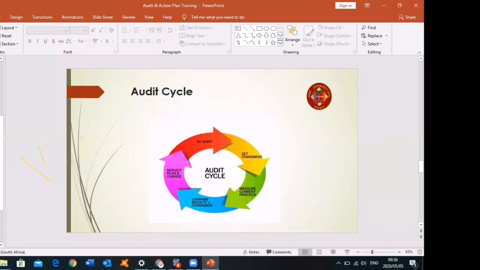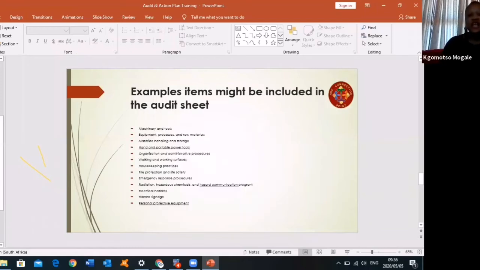In terms of the items, these are some of the examples of the items that might be included in the audit sheet. So the audit sheet can ask for machinery and tools, your equipment, like I said, material handling and storage, hand and portable power tools, organization and administrative procedure,